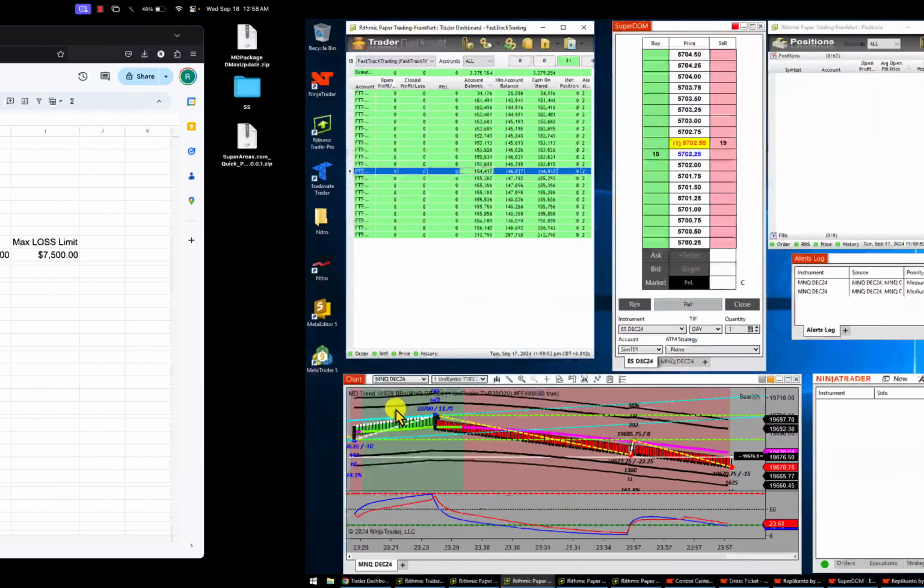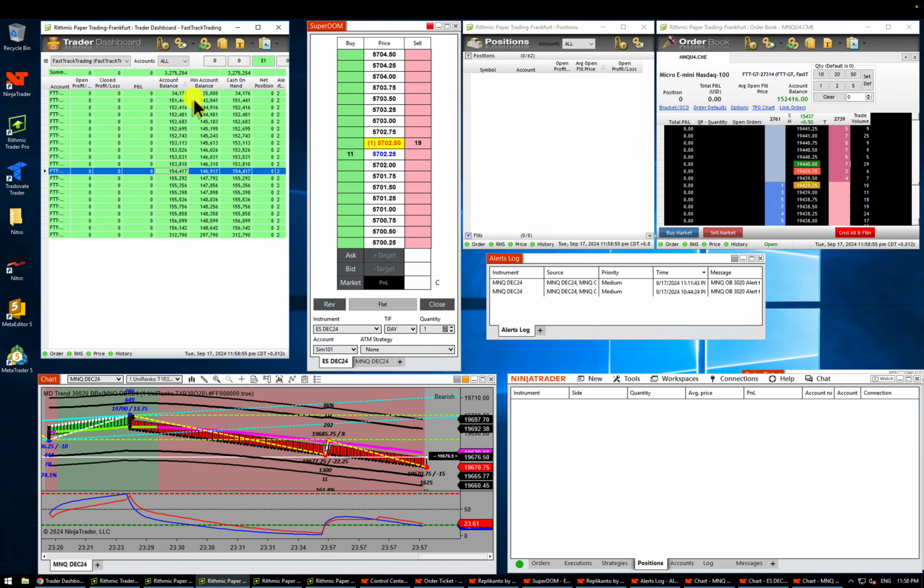And as you guys know, I don't like to use a copier, even though Nitro has a great copier, even Rhythmic has it. It's just I feel more comfortable trading individual accounts because I have no rush. I don't have to worry about getting all $60,000 paid in one shot. I'm happy with getting 10 grand because remember guys, I'm doing Apex, I'm doing Bulenox, I'm doing Excel Trade, Top